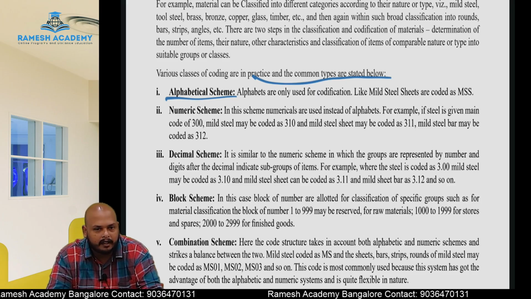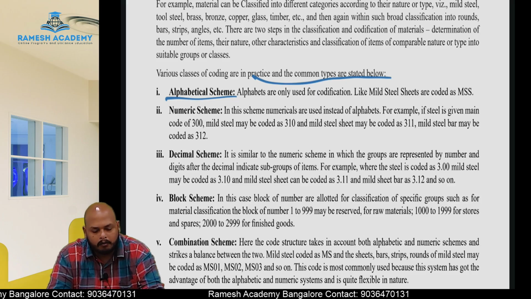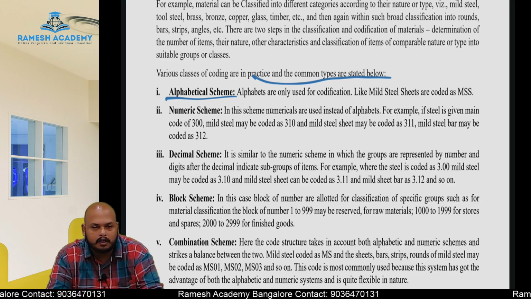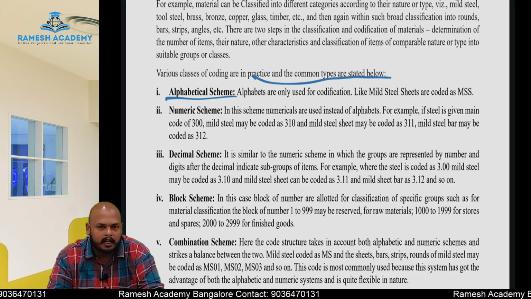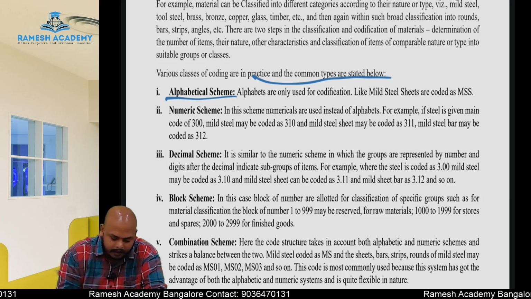Suppose let's take a mic as an example, the mic which we are using. Almost all the mics will be of which brand? Ahuja brand, correct? Ahuja is one name. That is the alphabetical scheme. Next,